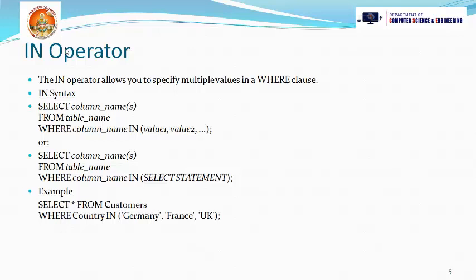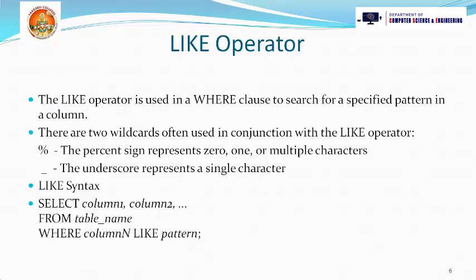Okay, this is about the in operator. And the next operator is the like operator, and this like operator is used to extract records where a particular pattern is present. For example, consider an employee table in which we have two employees whose names are Rahul and Rohan. These two employees have the same pattern in their names, that is, their name starts with the letter R. To retrieve such records which have a similar pattern, we can use this like